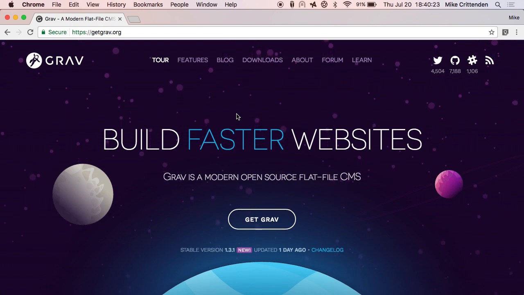So that's why flat file I think is interesting, and the other part here is CMS. When people hear flat file, they always think it must be a static site generator because that's what static site generators do. They have flat files. That is not what's going on here. Even though it feels a lot like Jekyll, and we'll get into this when I start demoing, it's not, because it actually is a CMS. There's a full admin.